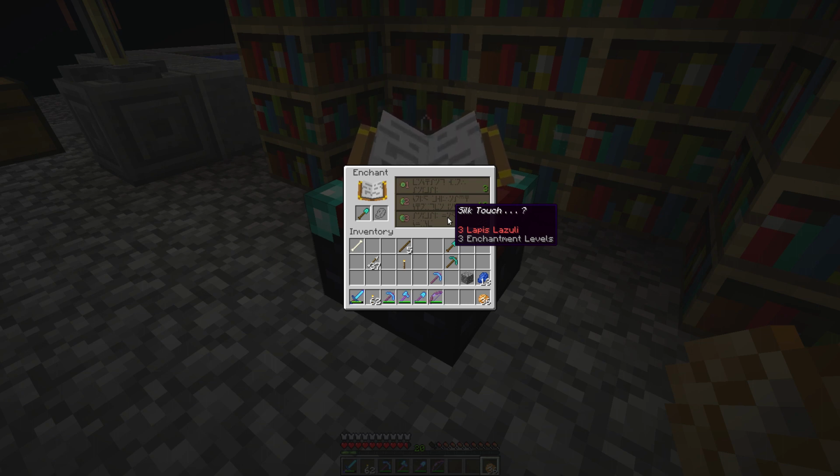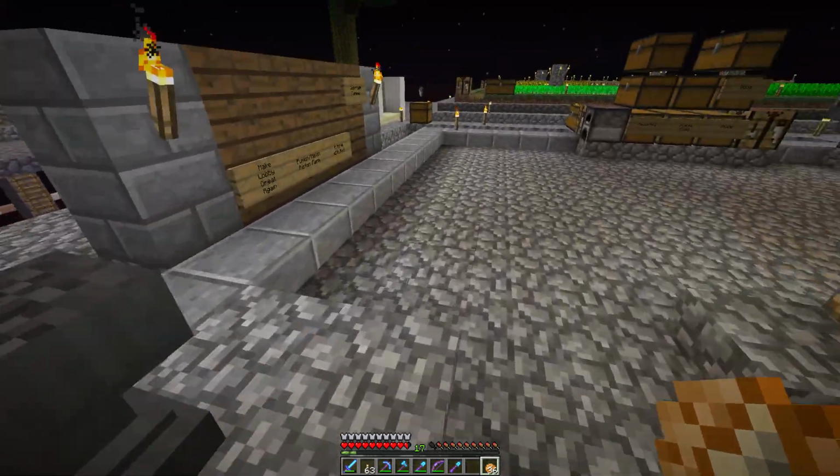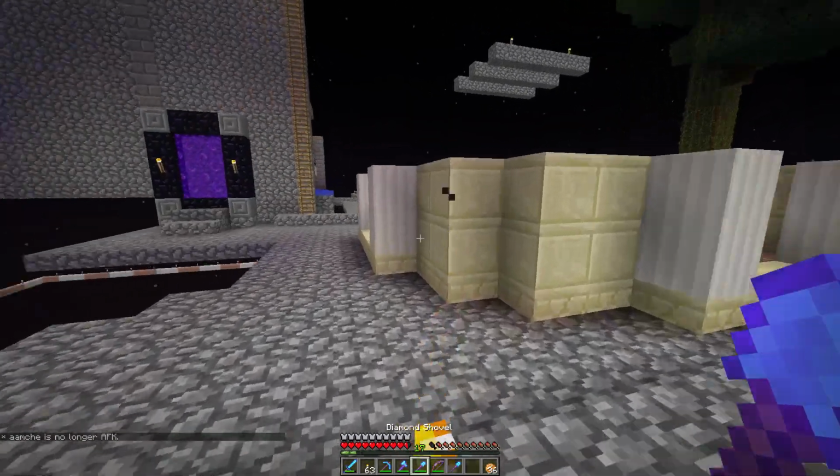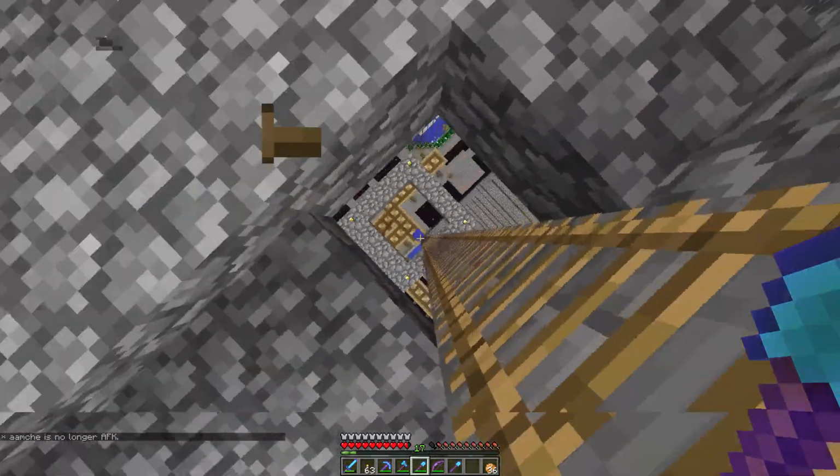Huh. Silk touch. Well, that's convenient. I better get on and build my mushroom farm then. Let's grab that out. Finally. Okay, well, let's throw that torch on the ground. I wanted that because I want to basically build up some mycelium and get to work on my mushroom farm